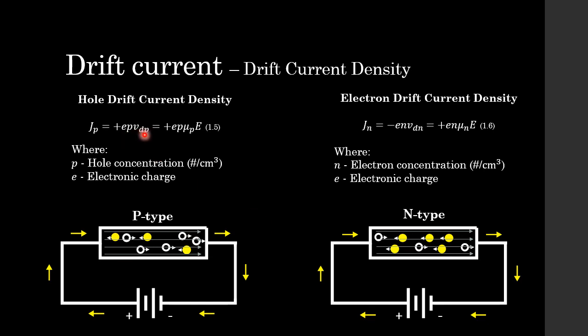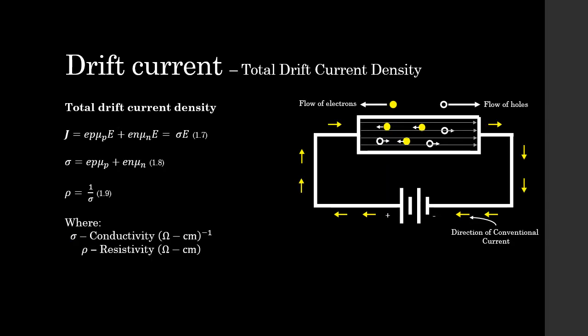As you can see here, our drift velocity has to be substituted in, and because our drift velocity, we know, is negative for electrons, this ends up being a positive term. Right then, now that we know our drift current density for both holes and electrons, we can have our total